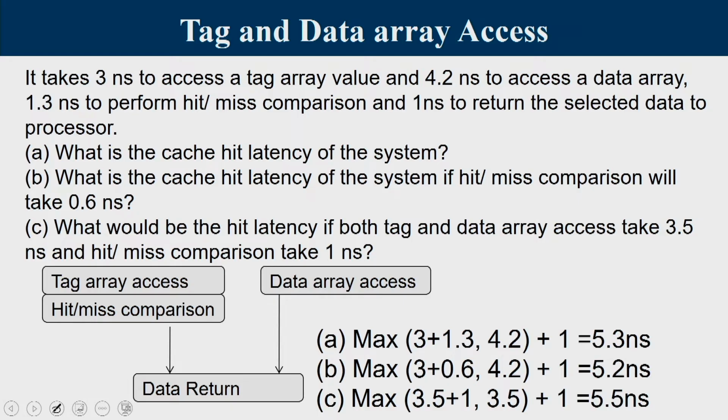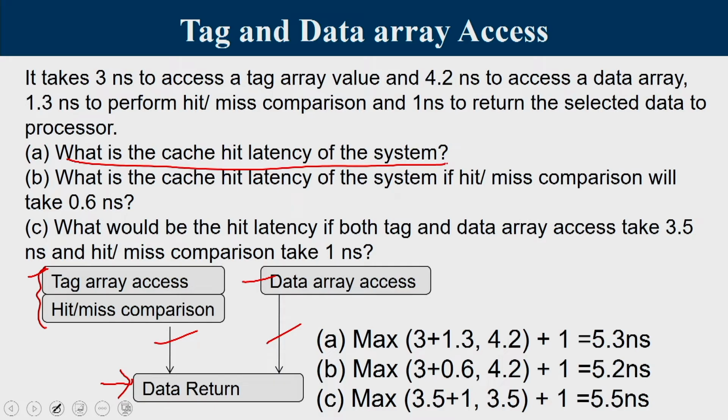So, we have to understand that there are 2 portions, the tag array portion and the data array portion. The tag array and data array are accessed in parallel, but access times may differ. Once the tag is accessed, only after that is the hit or miss comparison time applied. So, there are 2 wings: the left wing for tag array access followed by hit or miss comparison, and the right wing for data array access which will fetch the data. Now, out of these 2 branches, whichever is more dominant, having more latency, determines when data return can start. Data return will start only if both the left side and the right side have completed the operation.